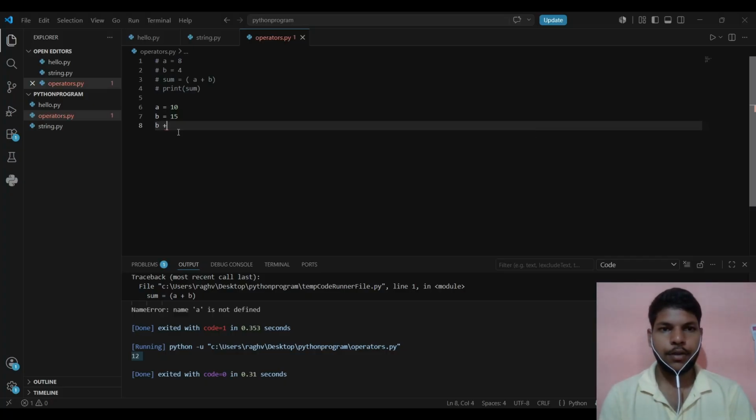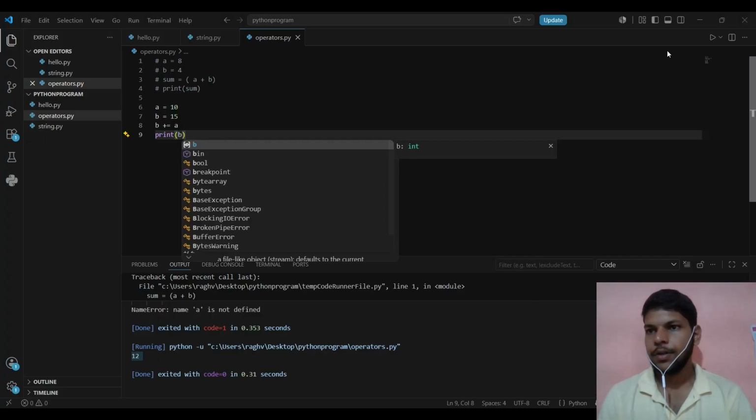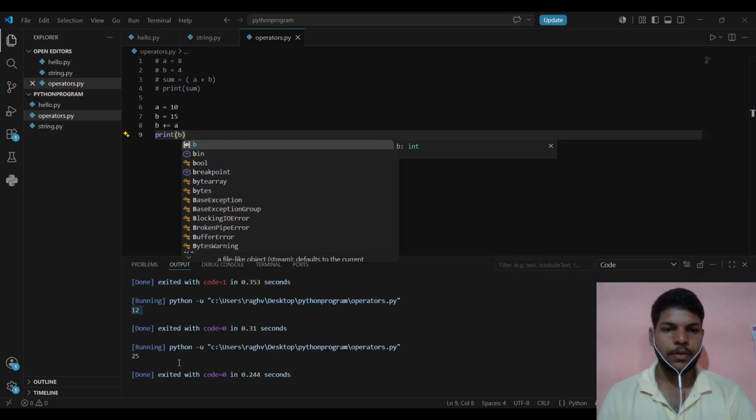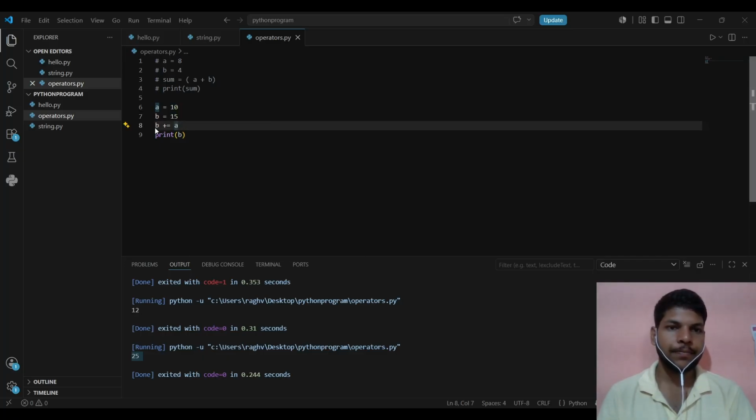B plus equal A. Now I'm printing B. See what will be the output. See, output is 25. 10 plus 15 is going to be 25. See what plus equal assignment is doing here. I have created variables a, b, I have assigned some values to them, 10 and 15. B plus equal a, what it is doing,